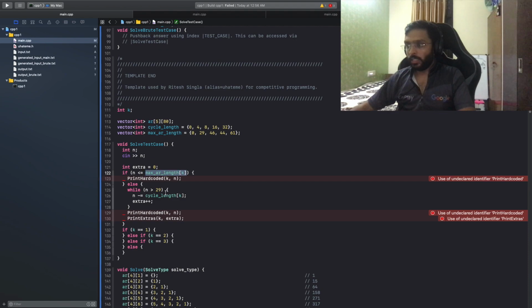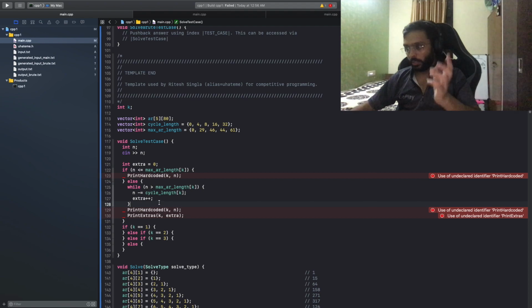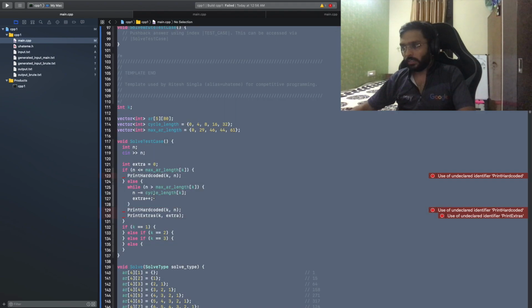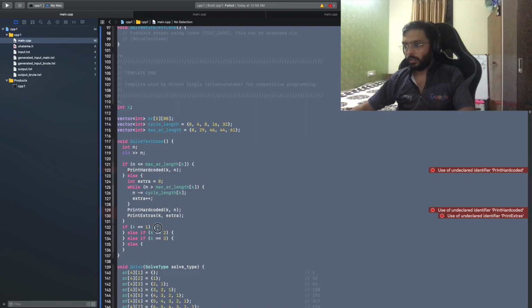Otherwise, while n is strictly greater than the max array length, I will just keep on reducing the cycle length and just keep on adding extras. And finally, I will print the extras. I think this should be good enough.